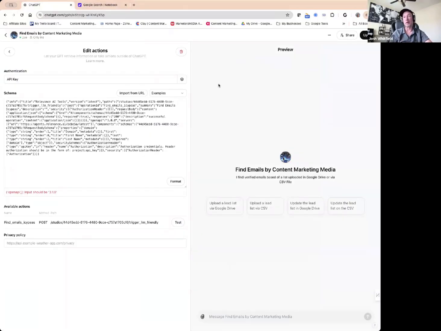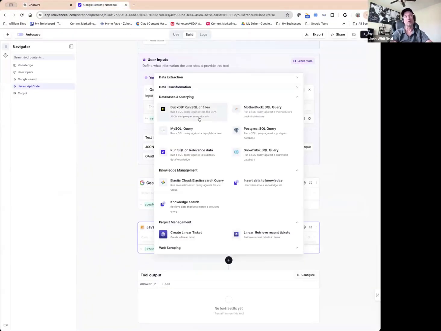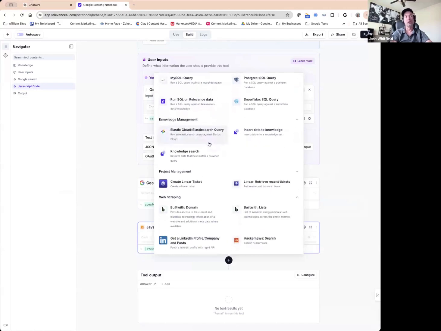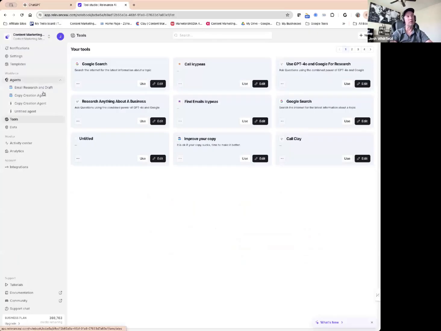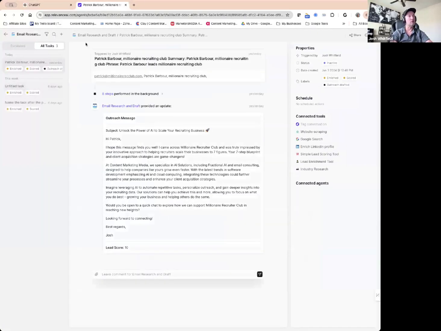I'm not going to put it past OpenAI or Google with their billion-dollar budgets to basically at some point say, plug in your API key, tell the GPT what you want it to do, and it will do all this for you, right? I think that's very, very possible, especially as fast as they're moving. But if you're looking to do stuff like this today, even if you just want to query your own database or drop a CSV, the agent capability in this tool is pretty ridiculous. So I'll wrap up with this: